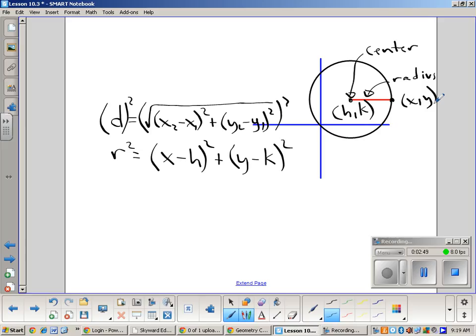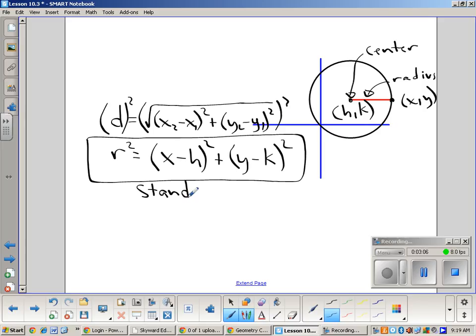We could go through the process of proving that we get this equation from the distance formula. The key here is this is the standard form for an equation of a circle, where (h, k) is the center,